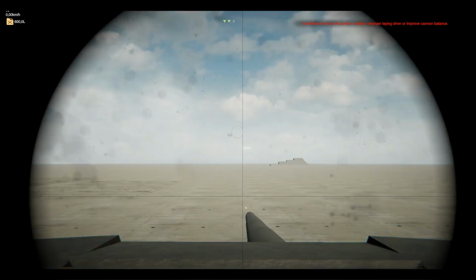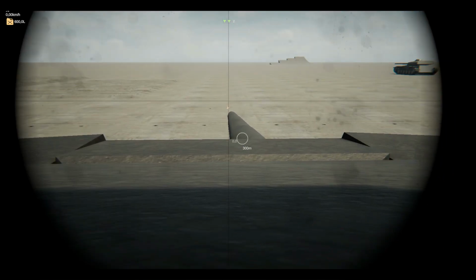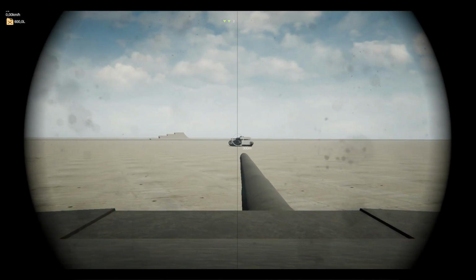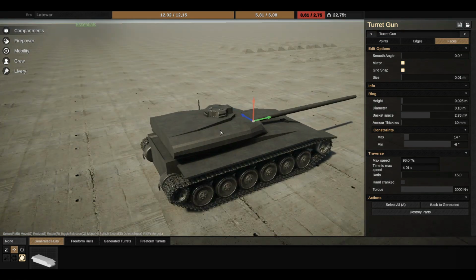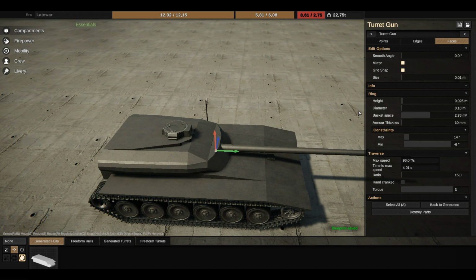No, it's not okay for me. I want a stabilizer. Okay, this is what I want. I want a stabilizer, and we're gonna make it. So I'm gonna save this first and go here. You go here. You put like